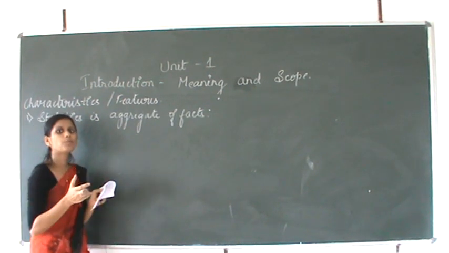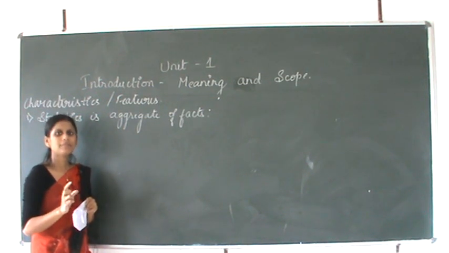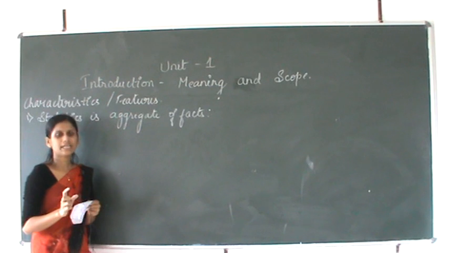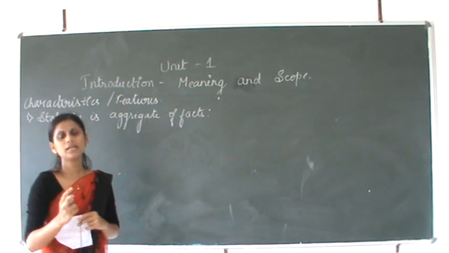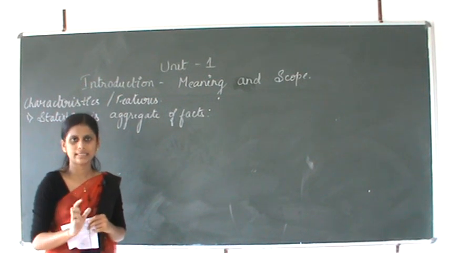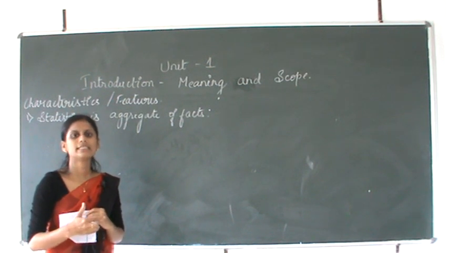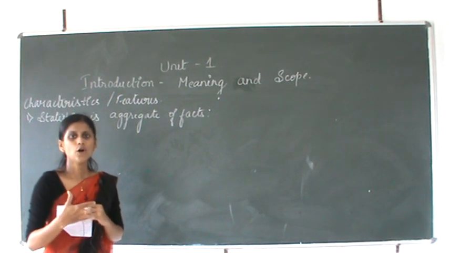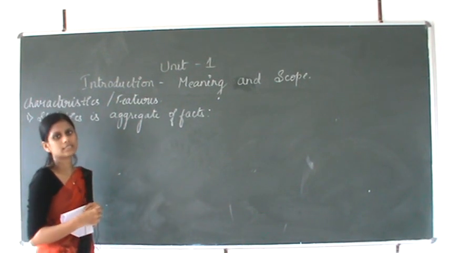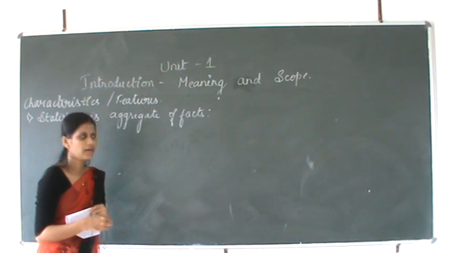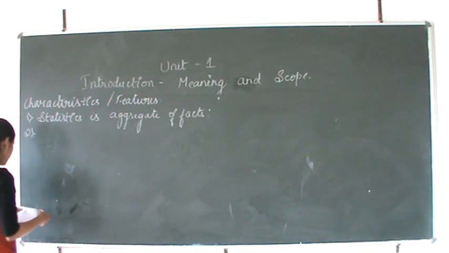Aggregate of facts means group of facts. Single data cannot be considered as statistics. Why? Because we can't compare the data. For example, if you are considering the age of a single person, then we can't tell that it is statistics. But if you are considering the age of a group of people, then we can say that it is statistics. So a group of facts is considered as statistics. That is the first characteristic or feature of statistics. Now we will see the second one. Second one is it is affected to